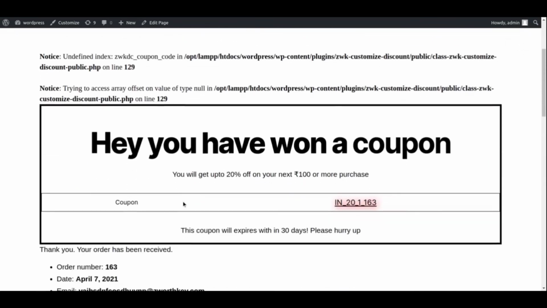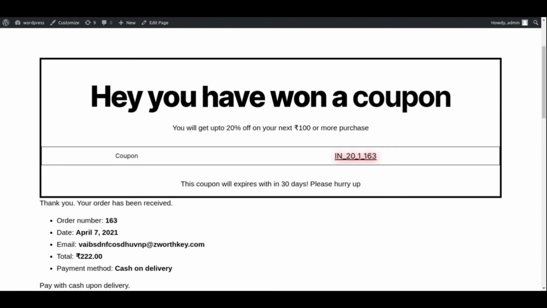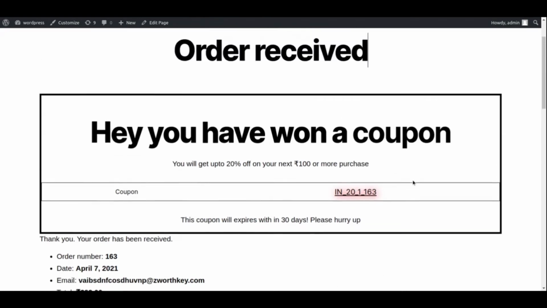Here, this coupon will be automatically generated on your thank you page as I have set the value.